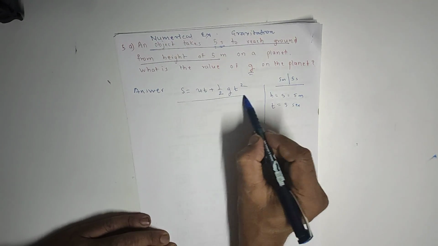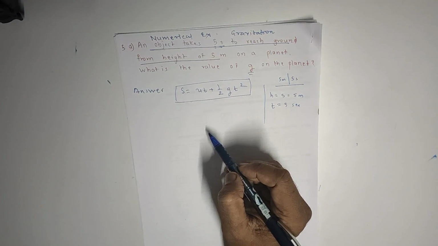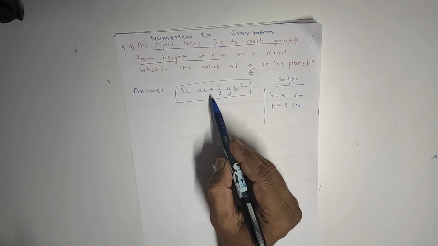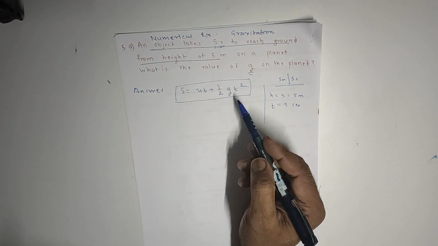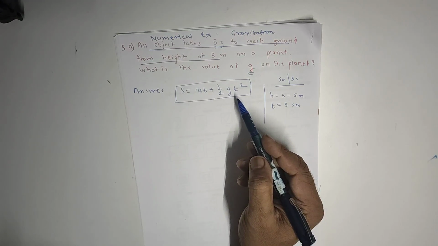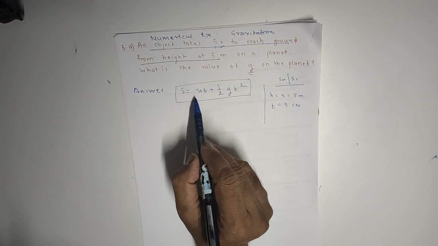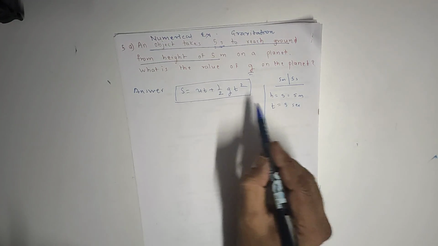This is the kinematic equation. There are 3 equations of motion. Out of that, this is S is equal to ut plus half gt square, as well as v square is equal to u square plus twice gs, and v is equal to u plus gt. This is the one formula which we can use. S as 5,